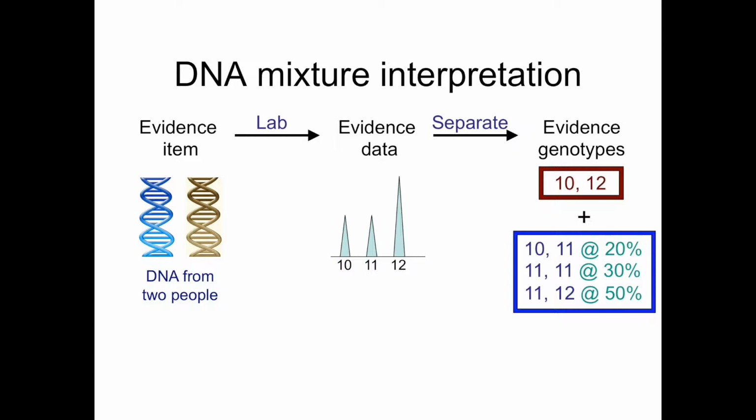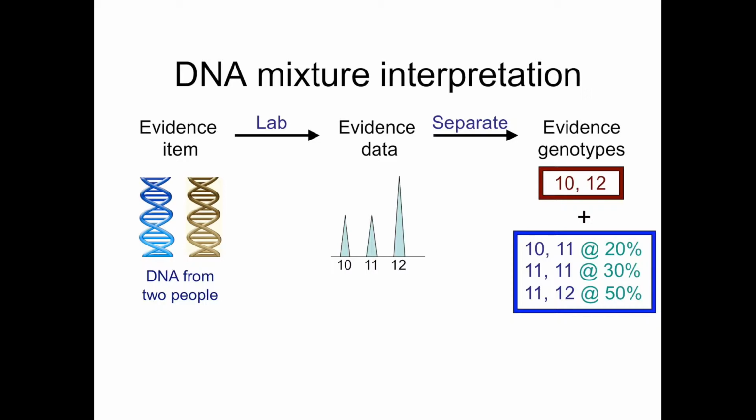Imagine on the left that there are now 2 people's DNA present in the DNA sample, in the swab from a surface or a body cavity. The lab extracts the DNA, amplifies it, separates it out, and at each of these 15 locations develops a signal of low peaks and high peaks that reflect the genotypes that are present. And then the task, and particularly what I'll be talking about today, is how to interpret this mixture evidence by